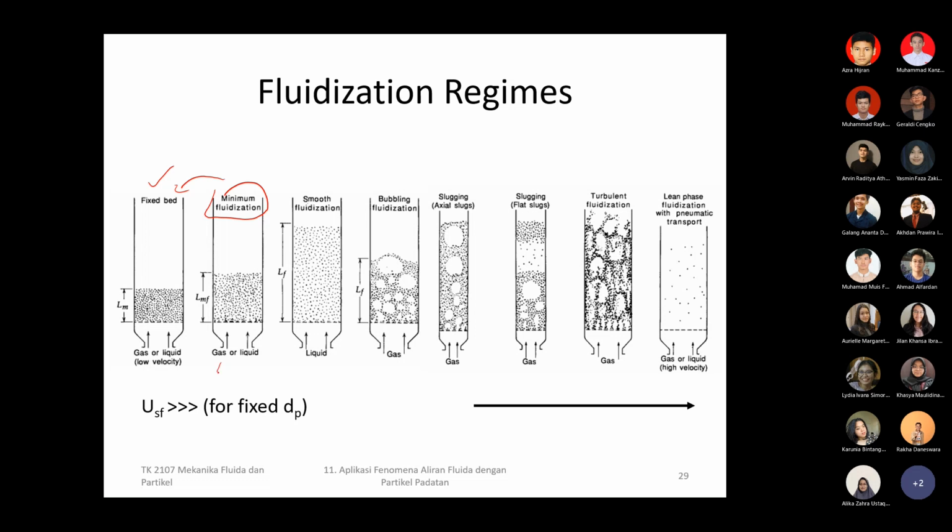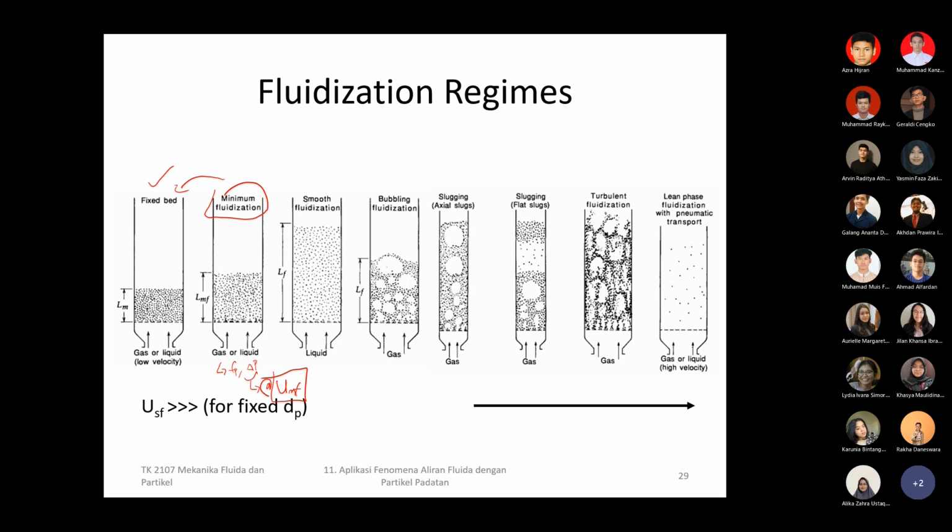That means you still can use the formula for the FP. You can still use the formula for the delta P, and so on. Okay, so all the formulas will still be the same for the minimum fluidization. The only difference is all of this will be calculated at minimum fluidization velocity. So that's the extra step that you require, or even that should be the first step that you calculate for all fluidization regimes.